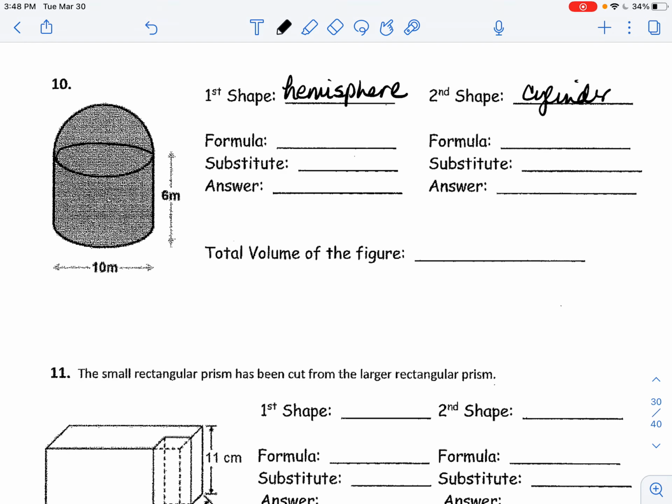All right, so for the formula for the hemisphere, well, it's half of a sphere, and it's asking us for the volume. So that's 1/2 the formula for the volume, which is 4/3 pi r cubed. Now, when we substitute in for the radius, we can see it is half of this 10, so the radius is going to be 5. All right, let's pick up our calculator, and we'll plug that in. So I have 1/2 times 4/3 times pi, times 5 cubed, that gives me